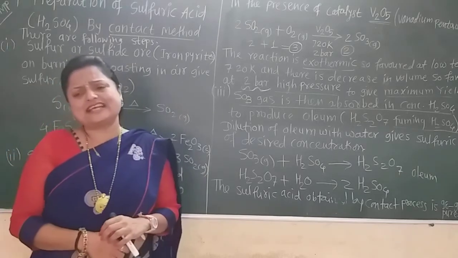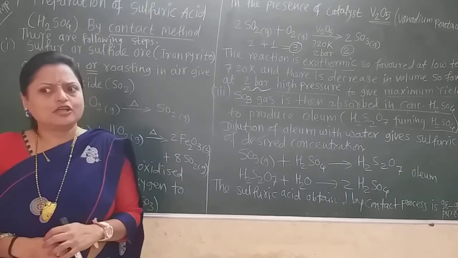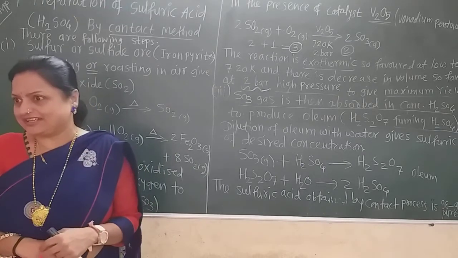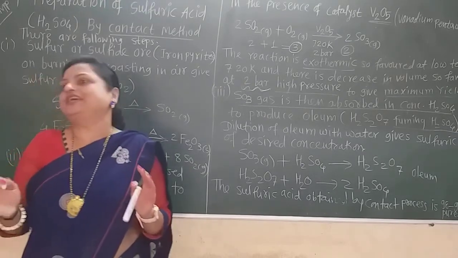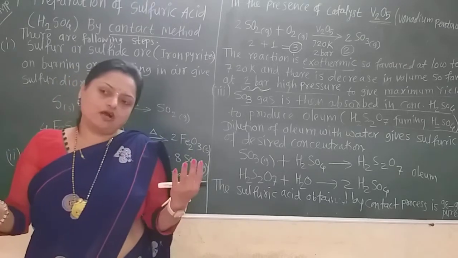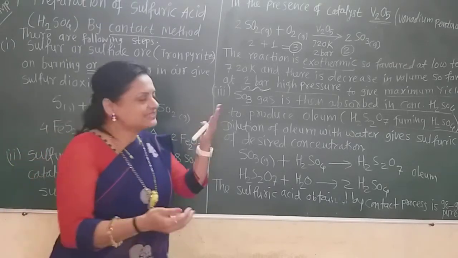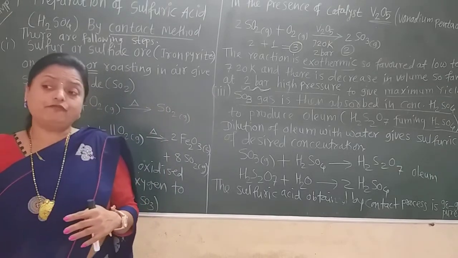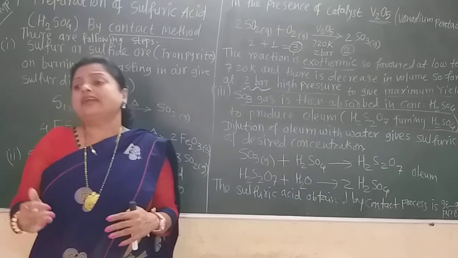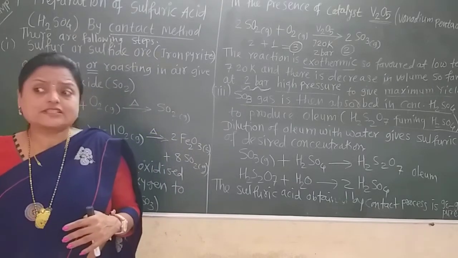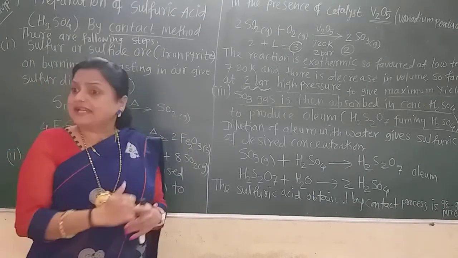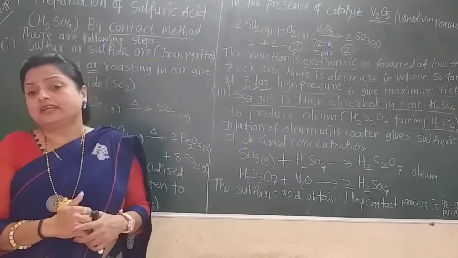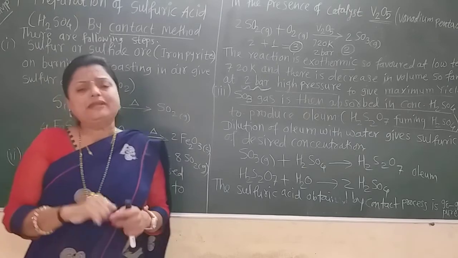As this reaction is somewhat reversible, there must be a low temperature, and then the SO3 gas will be stable. And if we use a higher temperature, the reverse reaction will be carried out again. Sulfur dioxide and oxygen get separated. But if we convert the sulfur dioxide into sulfur trioxide at a very low temperature, nearly 720 Kelvin, that is the optimum temperature.